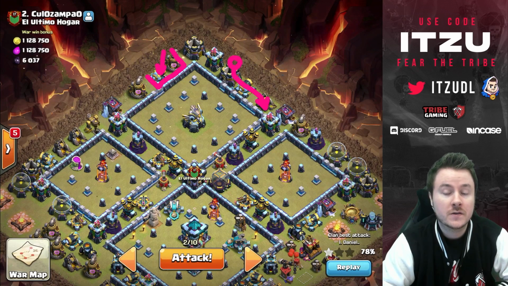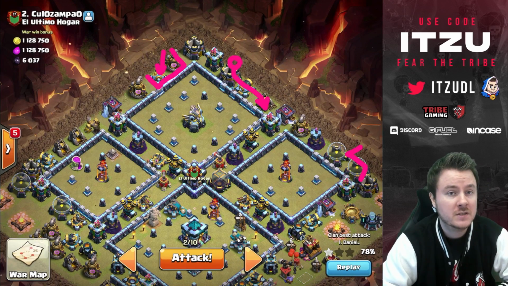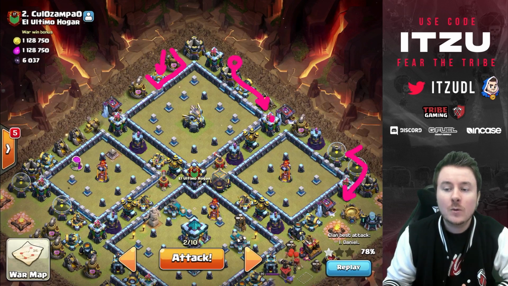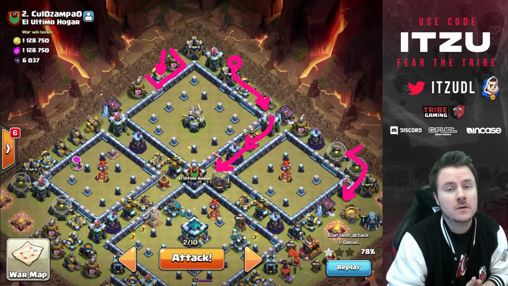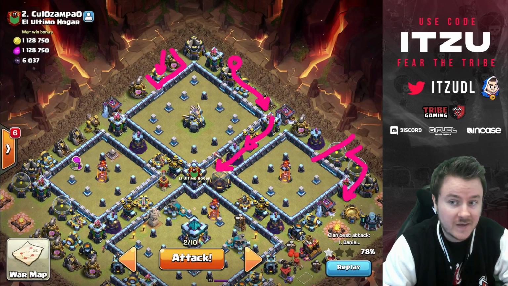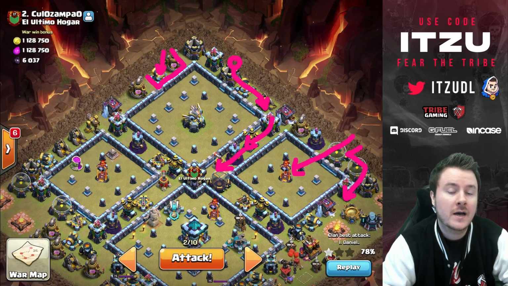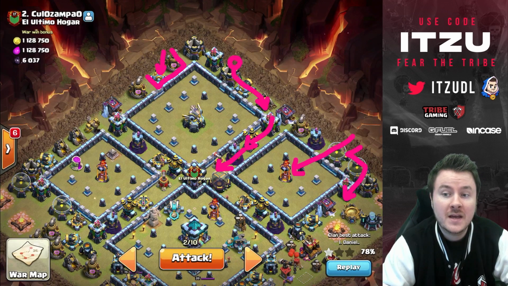Then the queen is walking to the right, to the bottom. She's supposed to walk into the channel. She's supposed to walk into the core of the base. Meanwhile, we use our king on the outside, and then, because we cannot reach the Eagle, because we cannot reach the multi-inferno tower, we have to do something about that. For the multi-inferno tower, I have decided to use my royal champion,